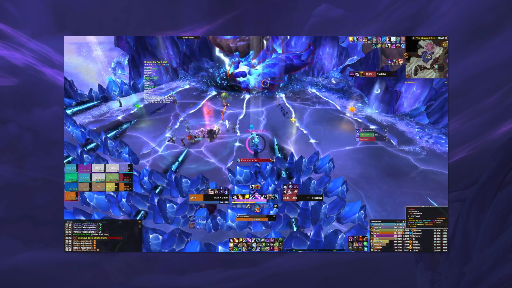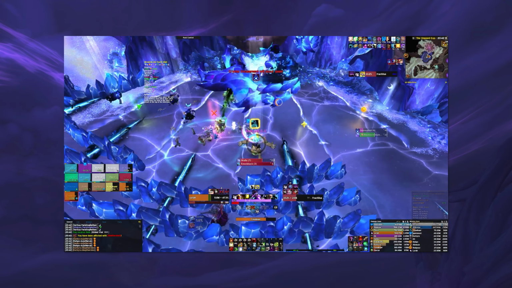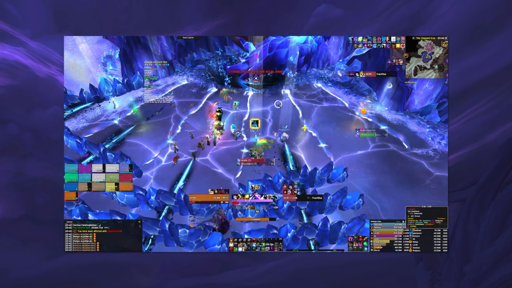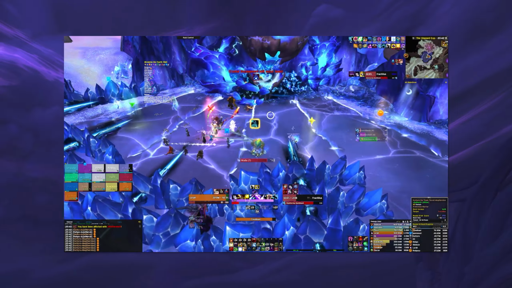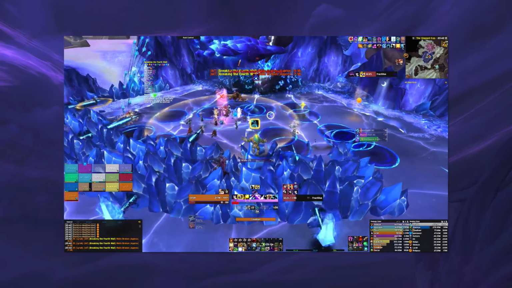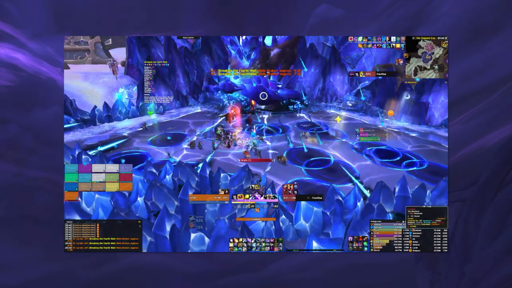A prime example of this is the Fractillus encounter from Manaforge Omega. The main mechanic of that entire boss fight is to work with your raid team to build and destroy walls in particular orders to avoid enraging the boss. Before we knew it, a WeakAura was developed to be used in tandem with an add-on that would essentially pilot you as the player, telling you exactly where to build and break your walls for the entire encounter, meaning the entire raid team just focused on killing the boss.